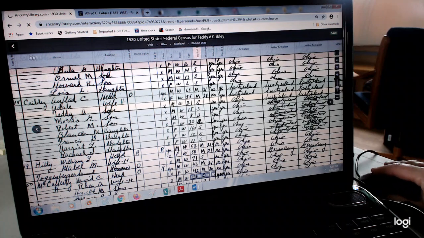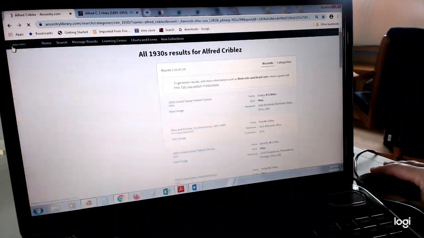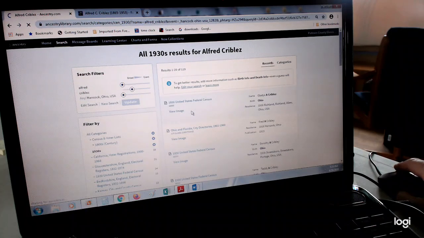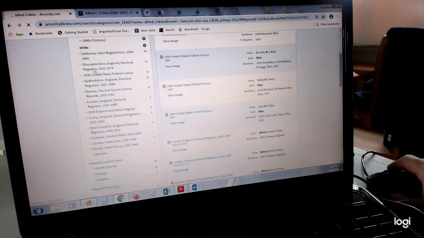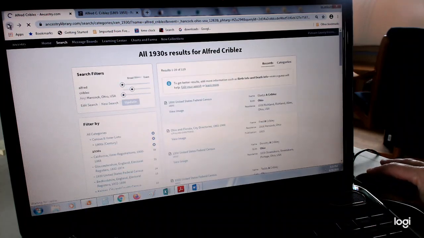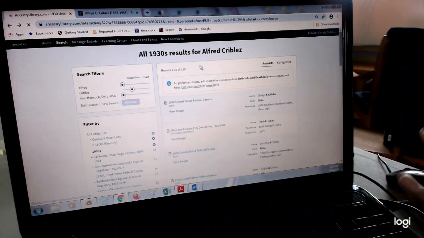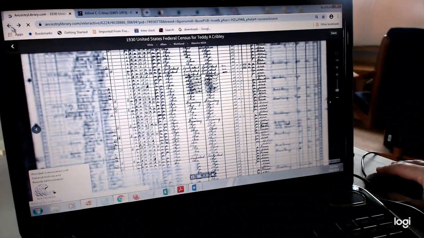So let's go back and look at 1940. Sometimes the census will give you information, and sometimes it doesn't. But you're here, it doesn't take long to double check and make sure you're not missing something.